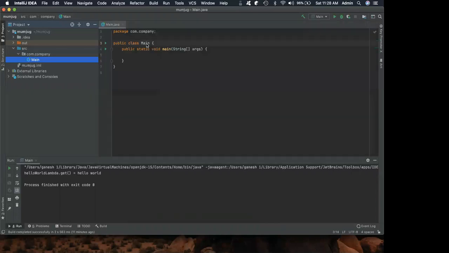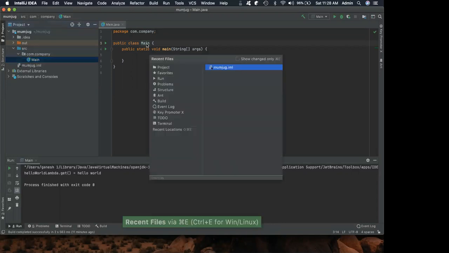So let me come back again and see what are the recent ones I have edited. That is Command E, and I'll be able to see what are the recent ones. I have only one file here. It's not very useful, but you have the recent ones that you're accessing here, for example, terminal and things like that. I recently accessed favorites, if you remember. Before that, I used run, and before that, we had an error. So this is how it is, showing the recent ones I have accessed.